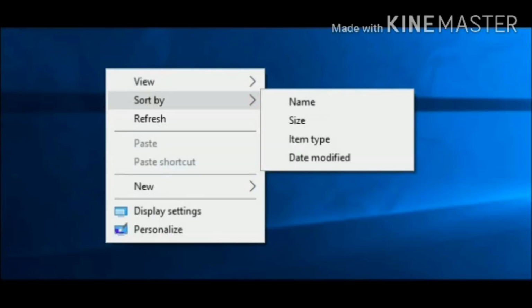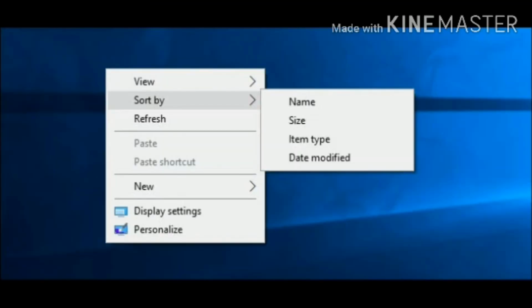If you want to deselect the icon, you have to move the mouse pointer away from the icon and click. The surrounding box disappears. Moving the icon. If you want to move the icon from one place to another, you have to position the mouse pointer over the icon. Click and drag the icon to a new location. Now release the mouse button. The icon gets moved into a new location.